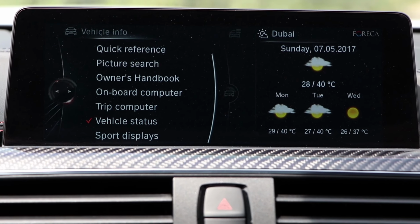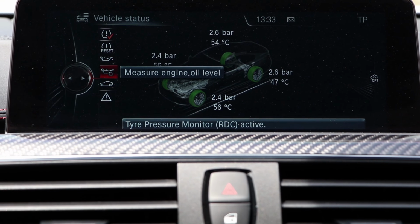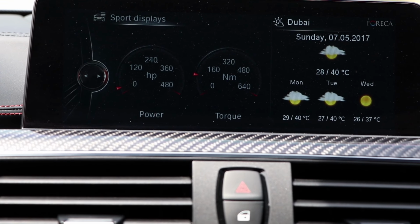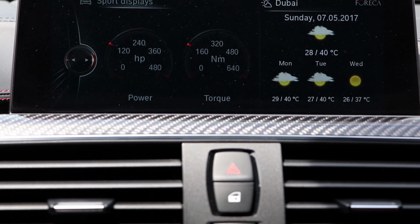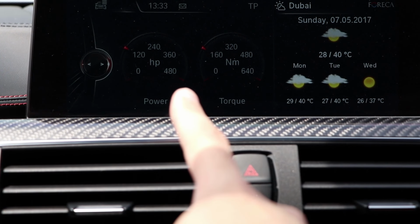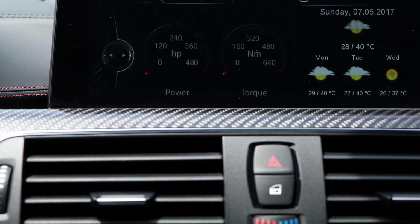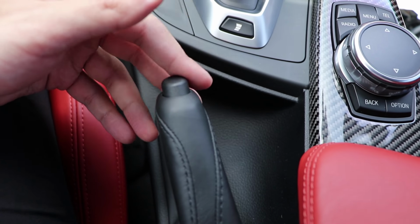Vehicle information, this is a very nice feature. You have trip status, of course, engine oil, all this stuff, requirements, sports setting, which is the best, I think. As mentioned earlier, the car is giving me sometimes 480 horsepower, 470. Torque 640, it's giving me 620 easily. This is amazing. Maybe the best feature of the car is still the handbrake, full leather but a manual handbrake,